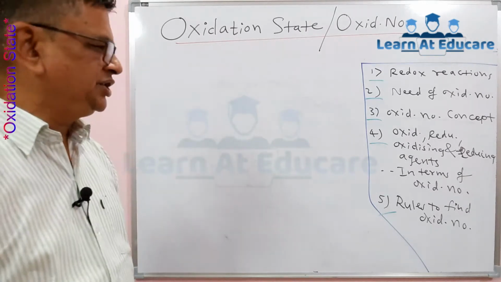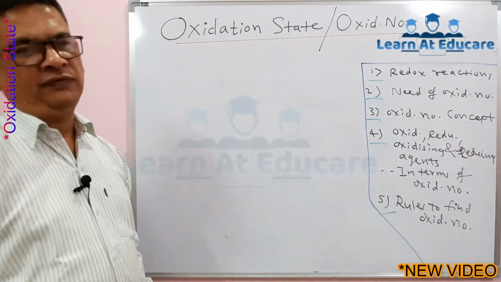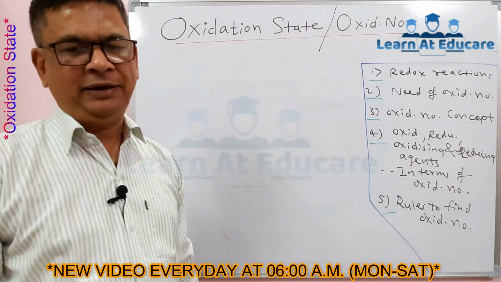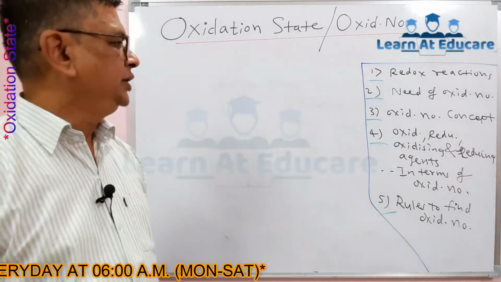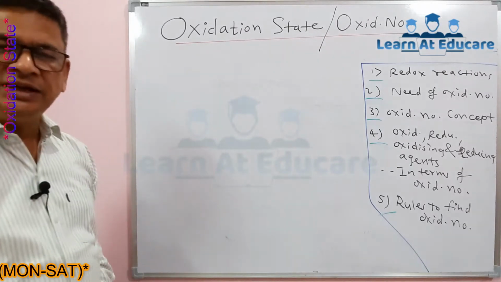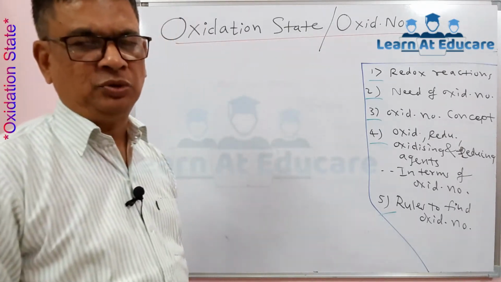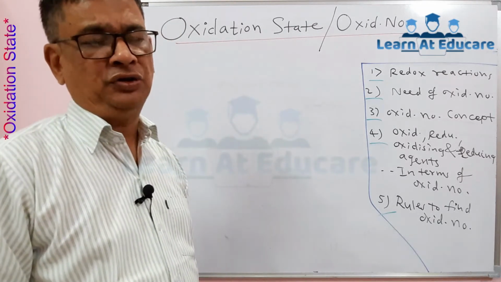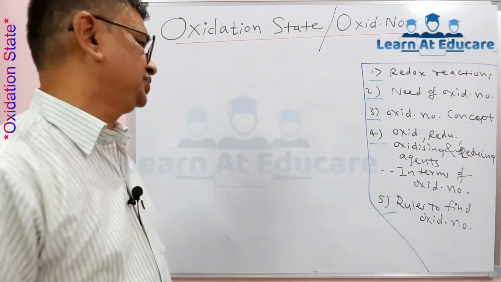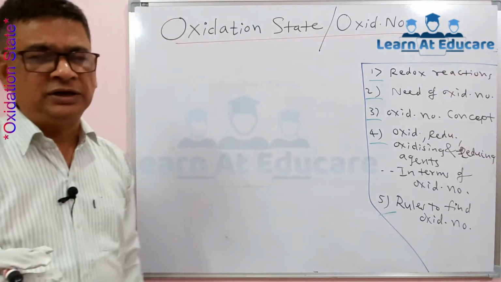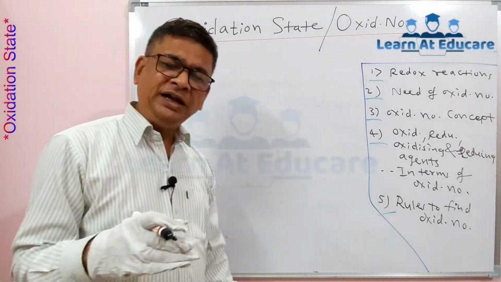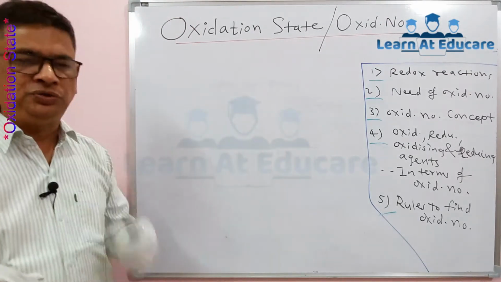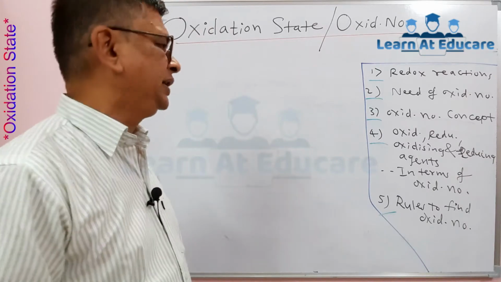The old concept of oxidation was the addition of oxygen or removal of hydrogen. They call it oxidation, while reduction, that is the addition of hydrogen or removal of what? Oxygen. Now, in many reactions it doesn't look like oxygen is added or hydrogen is removed, still it is oxidation, and in some reactions there is no addition of hydrogen or removal of oxygen, still they are reduction. So there comes the modern definition: oxidation is loss of electron, reduction is gain of electron. However, in many reactions it was not possible to see whose oxidation occurs and whose reduction occurs.